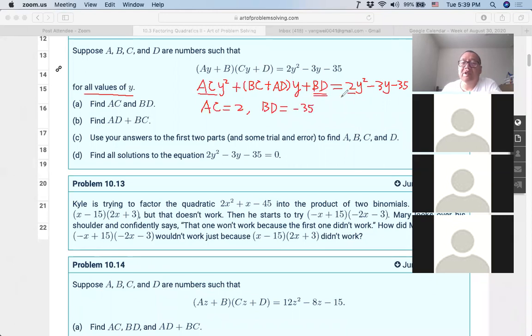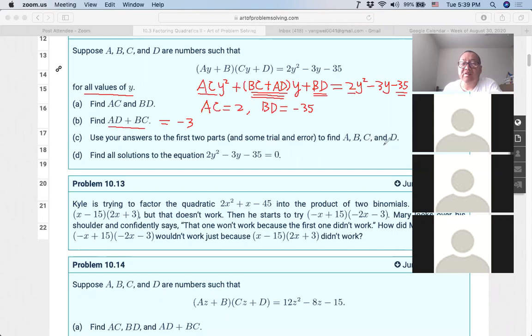See, this BD is -35. Now they ask you to find AD plus BC. This one is AD plus BC, and this one equals -3, right? Then it says use your answers to the first two parts and some trial and error to find A,